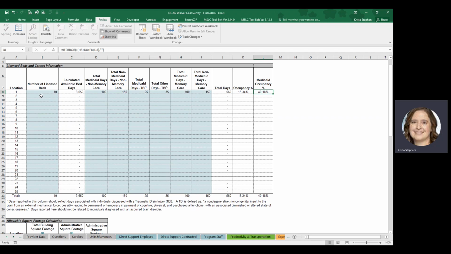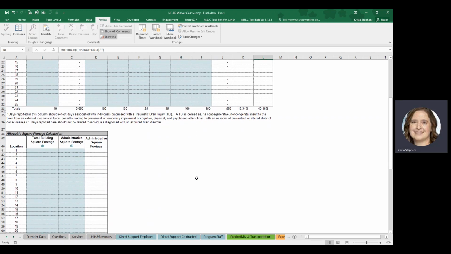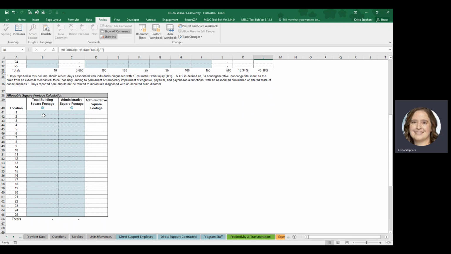Once you have completed providing licensed beds and occupied bed day information, please scroll down and we are asking you to provide information related to each location based on the square footage of your building. As you may be aware, federal regulations prohibit the payment of room and board as it relates to providing services in an assisted living facility. But yet you may have